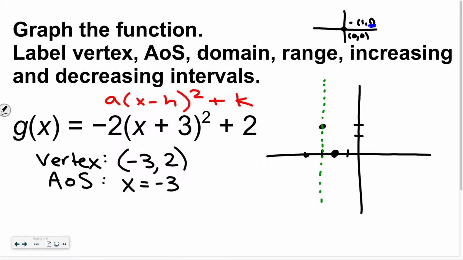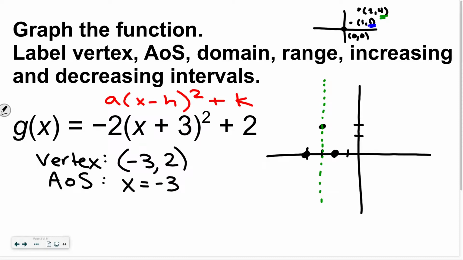Left 1 and down 2. You can also use your property of reflection right there. If you wanted to plot an additional point, remember your next point is at (2, 4). So you would be vertically stretching the 4. So that would mean if you count out right 2, you have to go down twice of 4, which would